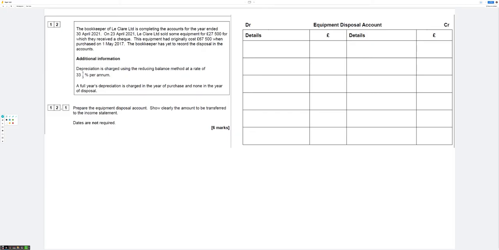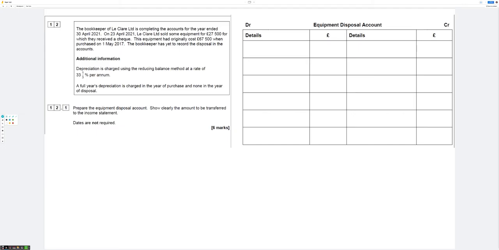So if we just look at the question, the bookkeeper of Clare Limited is completing the accounts for the year ending 30th of April 2021. On the 23rd of April, Clare sold some equipment for $27,500, for which they received a cheque. The equipment originally cost $67,500 when purchased on the 1st of May 2017, and they tell us that depreciation is charged using the reducing balance